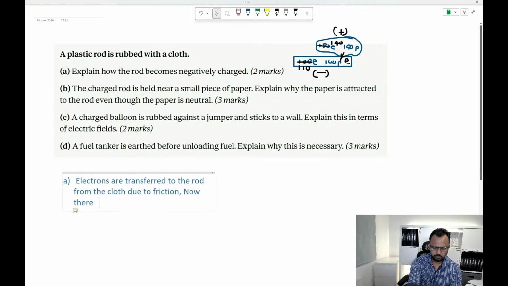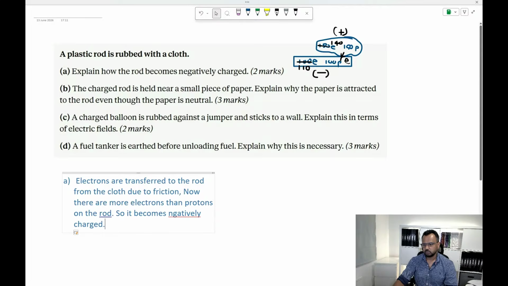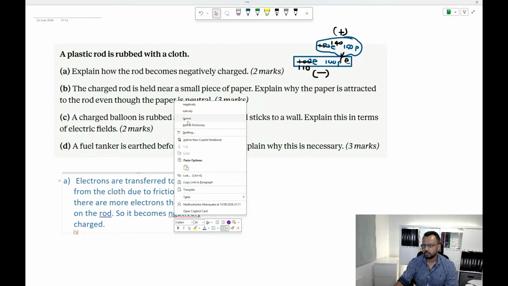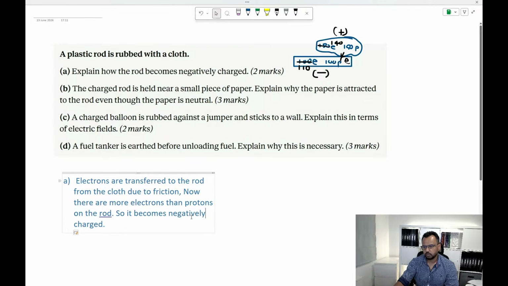Now there are more electrons than protons on the rod, so it becomes negative. Something to this effect, guys, and you are perfectly fine with the GCSEs at that. With that,